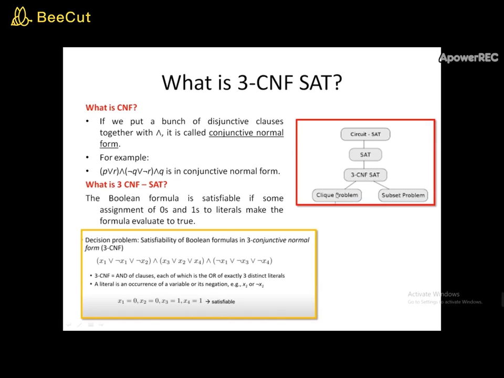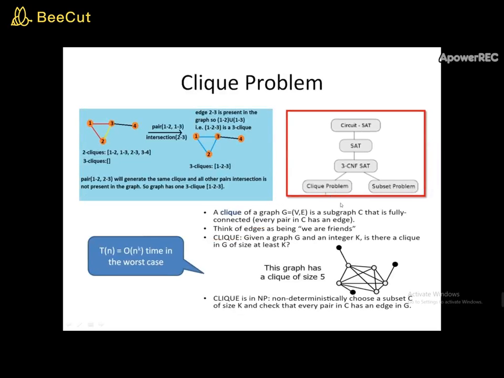Now we'll move on to proving that it is NP complete, which means what? There should exist an algorithm which verifies that the solution obtained is correct. And in what time should it verify? The verification should be done in polynomial time. So then it means that it is a perfect NP complete problem. So we'll move on to the reduction of 3CNF into a clique problem. So we'll see how that is done.